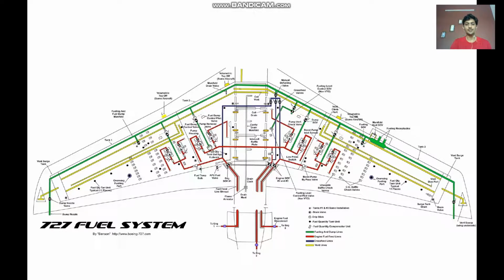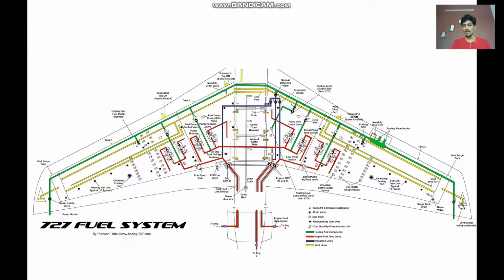line. And this particular line will have an engine control valve as well as a shut-off valve. So based on the requirement, the shut-off valve is turned on, and after that, based on the thrust the engine is producing, the engine consumes a certain amount of fuel using the engine control pump. Now after this, we have one more, that is the yellow line here, which is a vent line, meaning to balance the pressure between the tank and the ambience, there has to be a vent line.